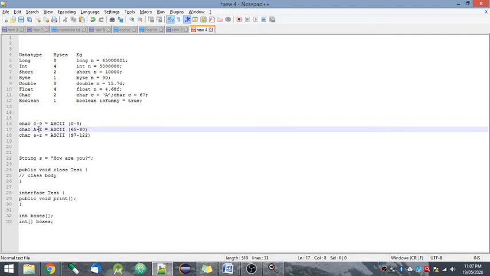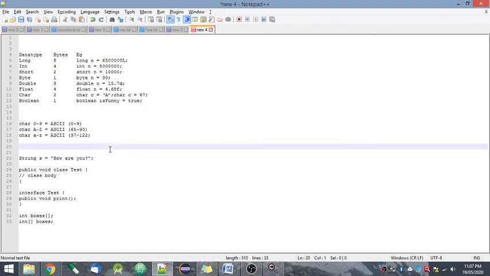For capital A to Z, it is 65 to 90. So for A you can write 65, for B 66, for C 67, and so on. ASCII for small characters a to z is 97 to 122. This is how you can declare a character in two ways.